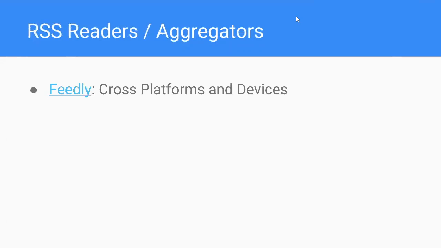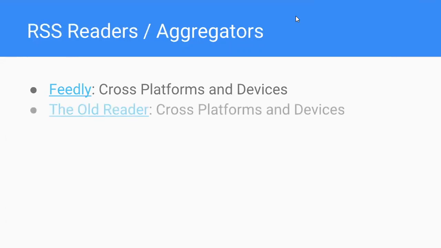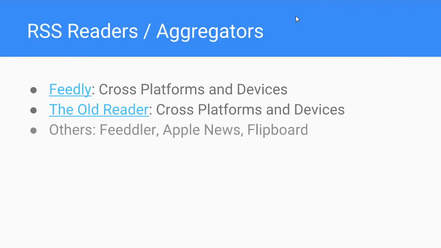I encourage you to download it on your mobile devices if you don't have it, or if you don't have another reader, just to try it. Or you could go onto one of the computers and create an account on Feedly. Then there's also the Old Reader, which has apps, is cross-platform, and you can also read it in a browser. The Old Reader actually took over when Google Reader, which was the most common one, shut down. So these have bubbled up as the most common ones now. And then there are others: Feedler, Apple News, Flipboard are all things that use RSS feeds to work.